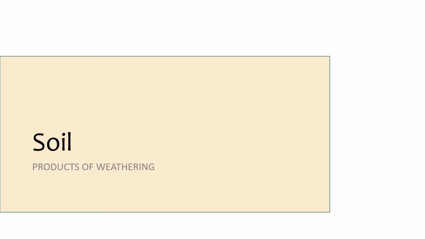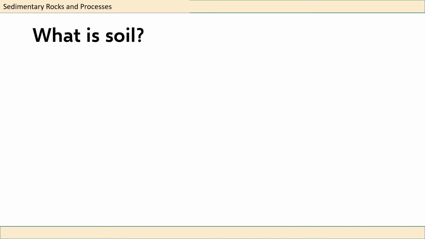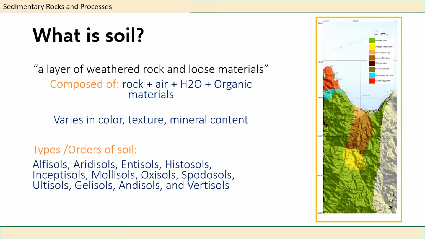As we weather certain rocks, we form soil profiles. But what is soil? Soil is composed of rock, air, water, and organic materials mixed together. Soils vary in color, texture, and mineral content. There are orders or types of soil such as alfisols, aridisols, entisols, and so on. On the slide, you can see a map of soil, which is helpful, for example, in agriculture,